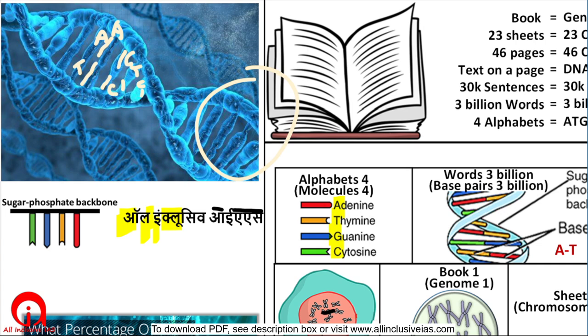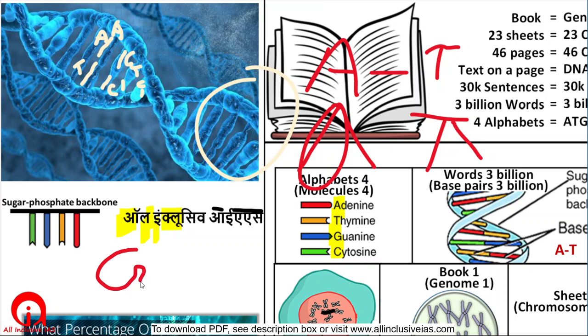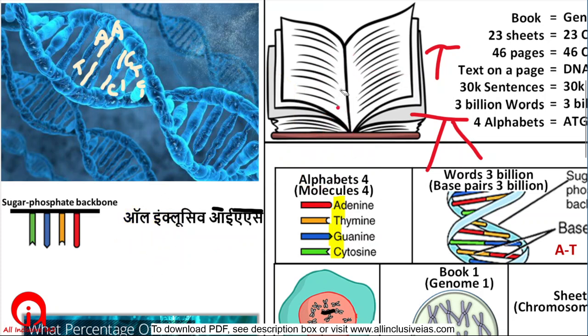How to learn this? Simple. A will work with T. So how is A formed? A is like two lines, right? One line like this and one line like this. So while making T, you put one line like this and another line, instead of here you put another line here. So A and T are similar. What about G and C? This is G and this is C. So C is also just like G only, just a little difference. So G and C are similar, they will always form together, right? So that is one thing you have to learn for your examination.